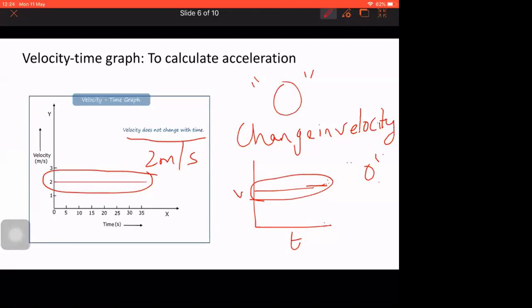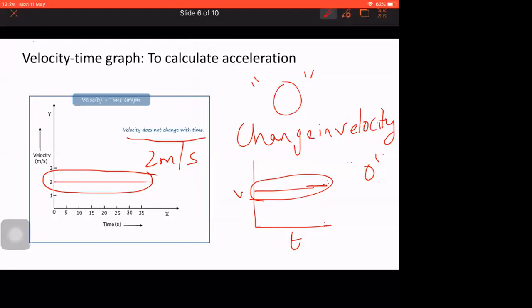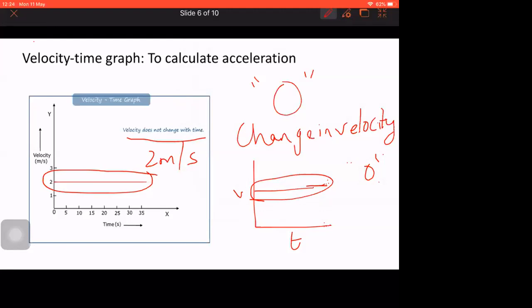Is this graph clear? I'll be going to the next concept. That is the reason I'm asking. Clear? Yes, ma'am. Ma'am, what all graphs did we do till now? Only distance time. Now we are starting velocity time. Can you explain a bit? This thing I'll repeat. I'm just clarifying Kani's question. Okay, Kani, in distance time graph, we have seen an object moving with uniform motion, non-uniform motion, and the graph when the object is at rest.